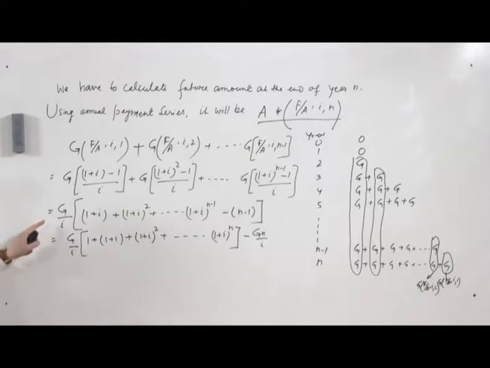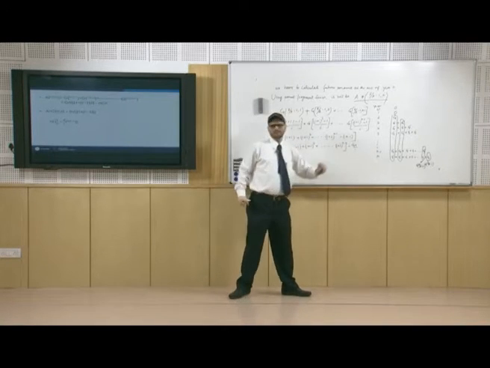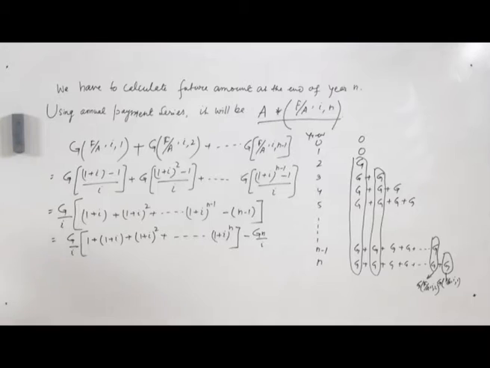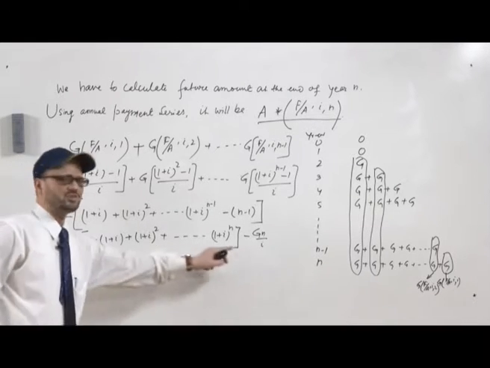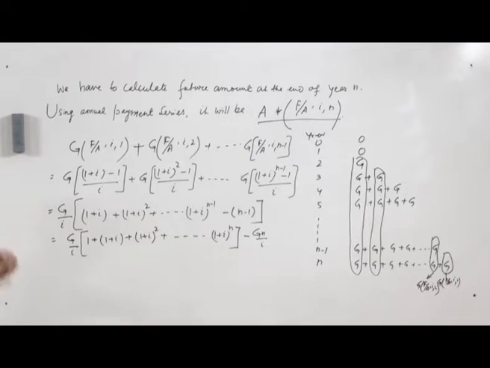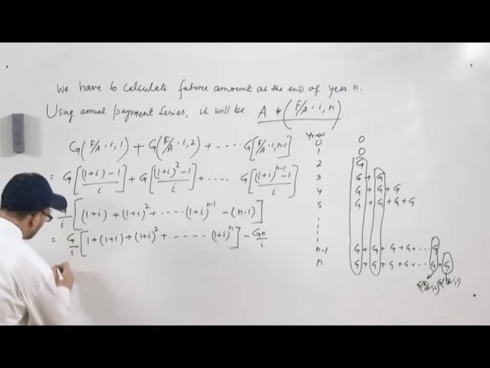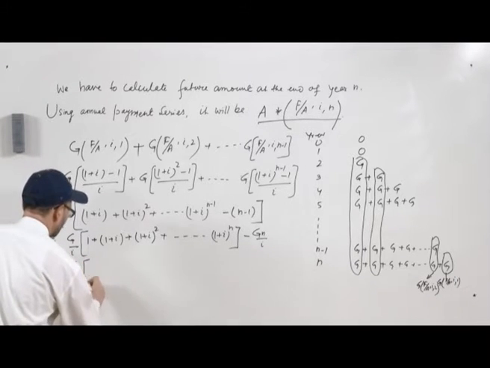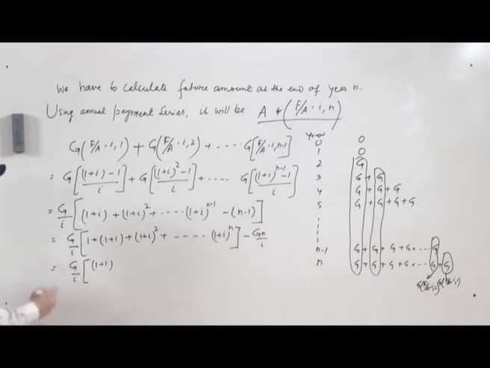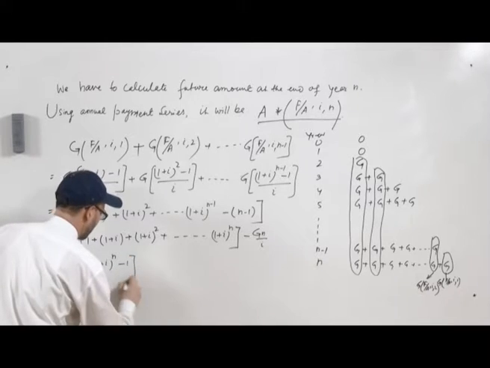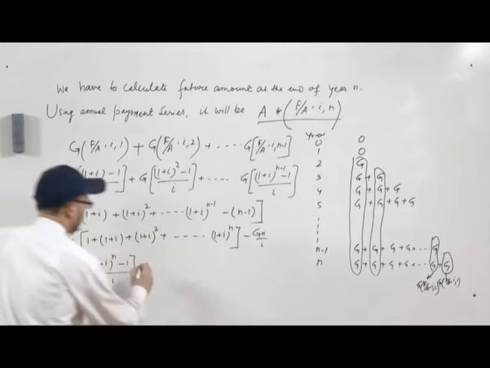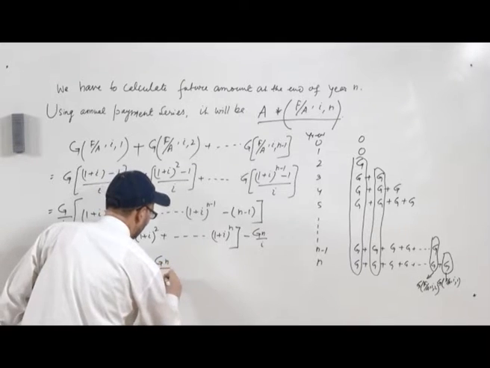So, we have separated now this term with n outside, and the term which is inside the bracket is a geometric progression term, and the summation of the GP series will be used. So, this will be written as g by I times (1 plus I) with n terms, (1 plus I) to the n minus 1 upon I, that is, in the denominator we have 1 plus I minus 1. So, this is I, minus g n by I.